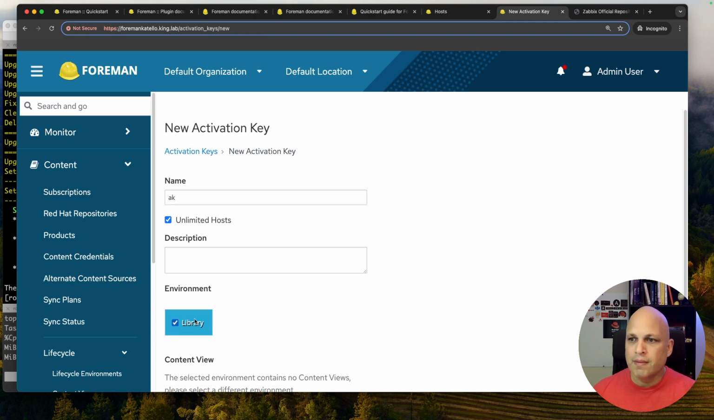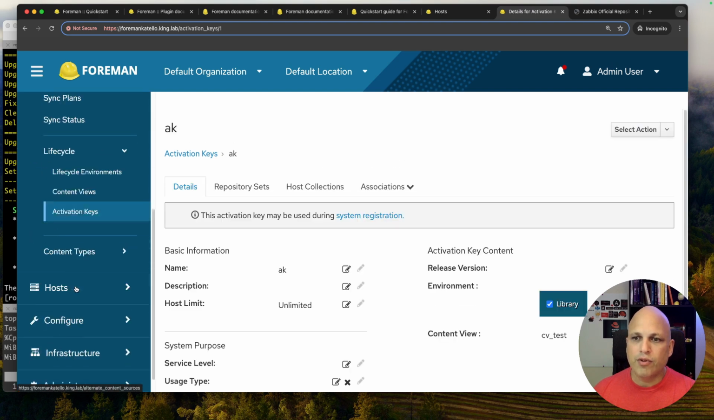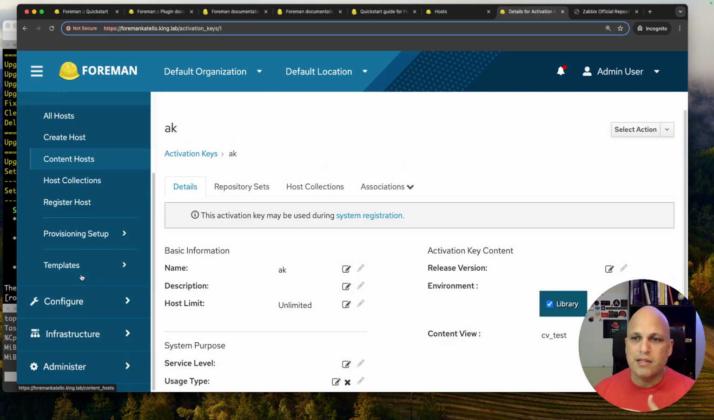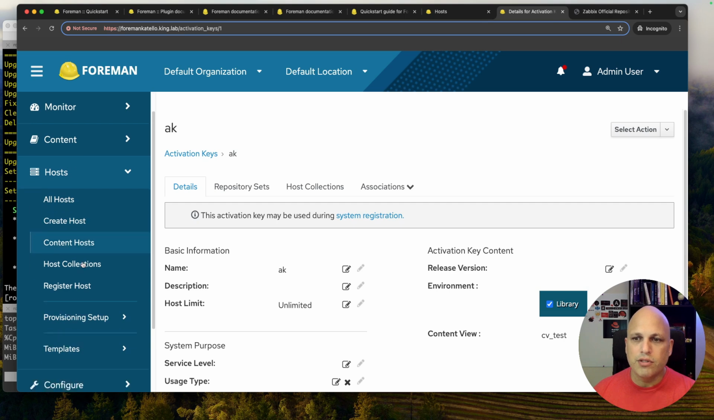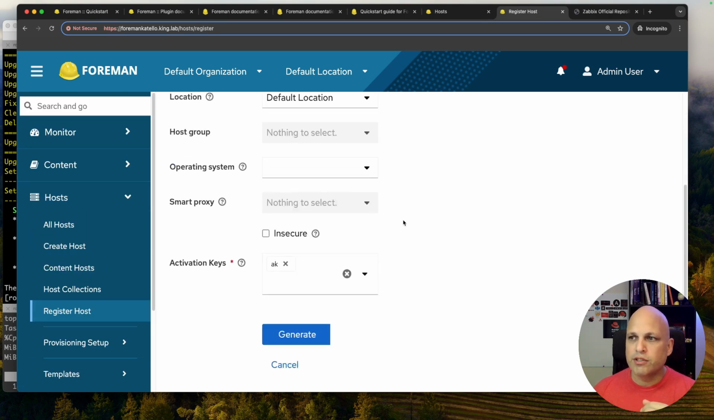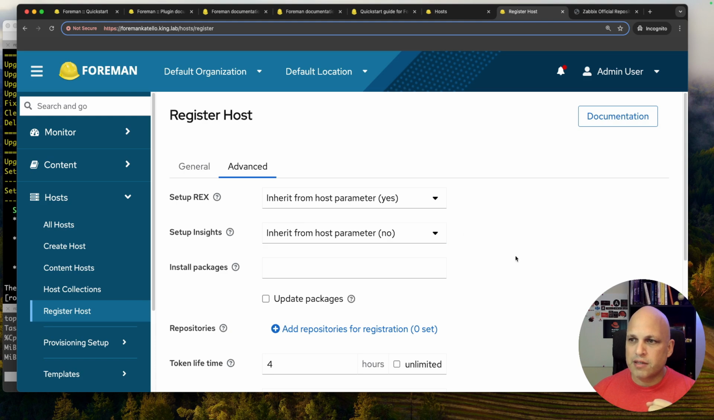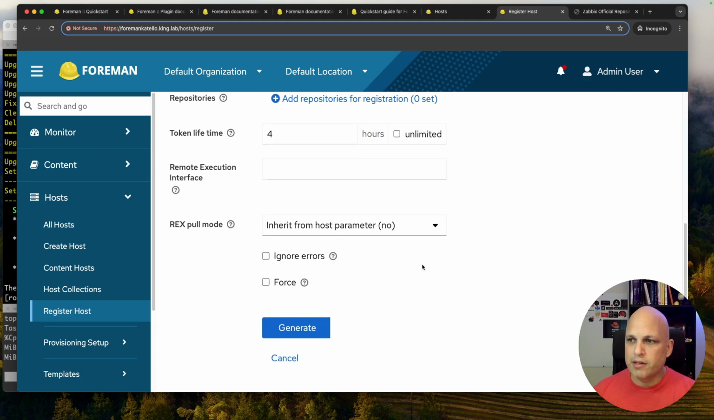Okay, the lifecycle environment will be library, for the organization view, or the content view that we just created. Save, and voila. Now, if I would like to register this machine, I can click on hosts, register hosts. This is the global registration, and voila, we have the activation key. Advanced, we have all the parameters. Let me just pick some of them, generate,